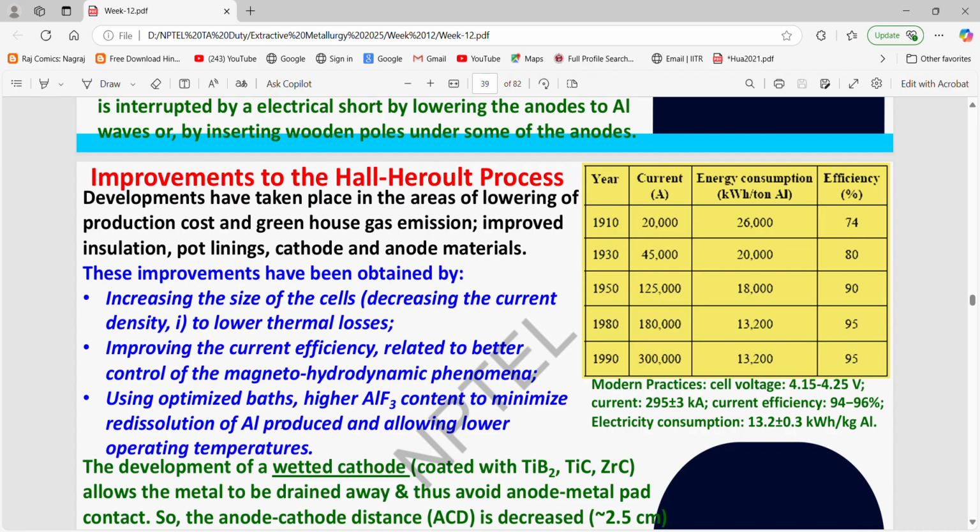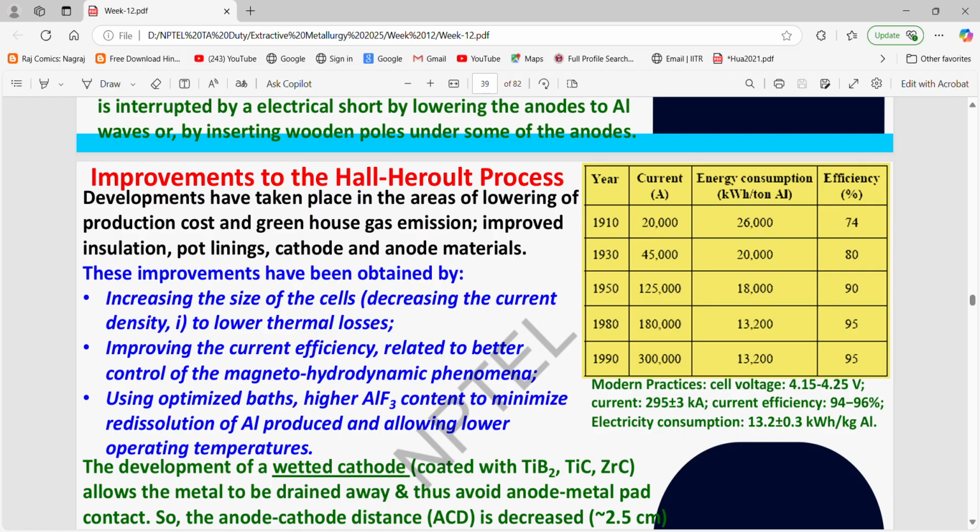However, the current efficiency has increased to around 95%, while reducing the energy consumption per ton of aluminum from 26,000 to around 13,200. It's like 50% energy consumption has been cut down from 1910 to 1990 with the help of the improvements. Developments have taken place in the areas of lowering of production cost and greenhouse gas emission, improved insulation, pot linings,